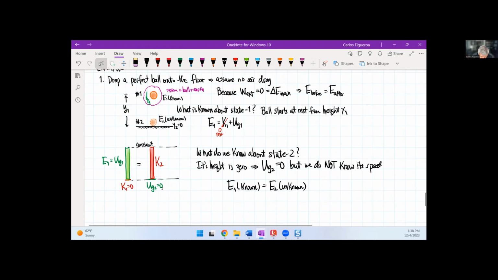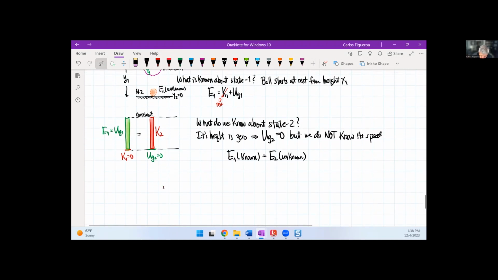So then, this is my bar diagram. My bar diagram says, if I look at these energies, that I have K1 plus UG1. That's going to equal K2 plus UG2. From the bar diagram, we can clearly show that that is 0 because it starts at rest. This is 0 because it's at the ground. So now I can rewrite this as